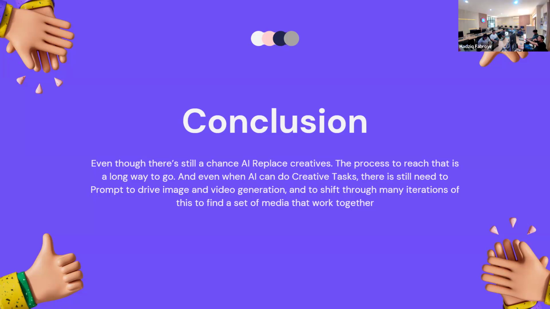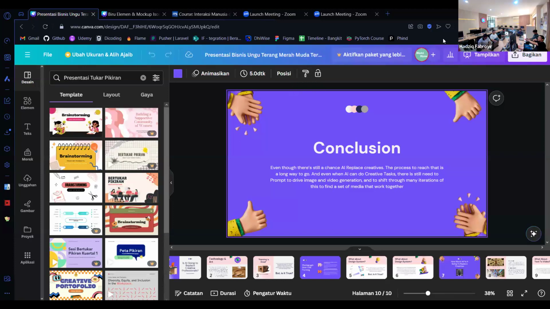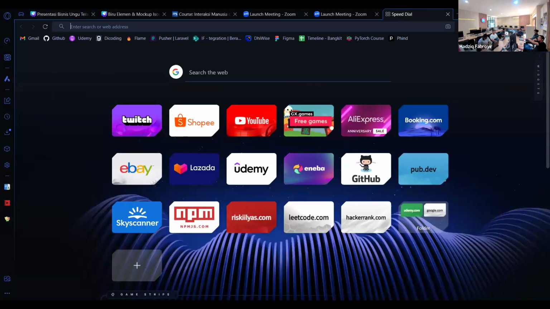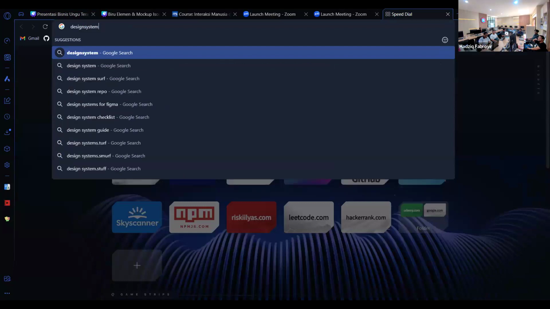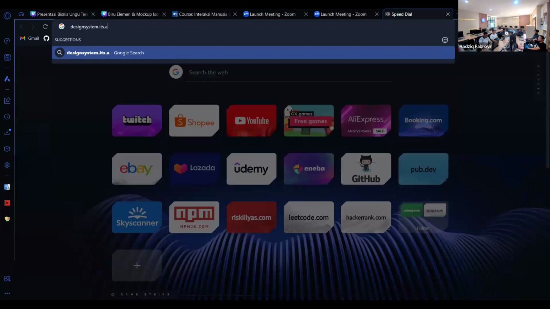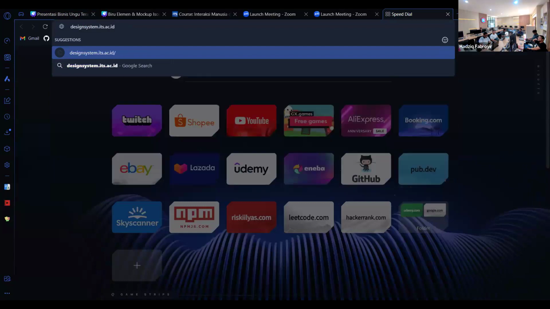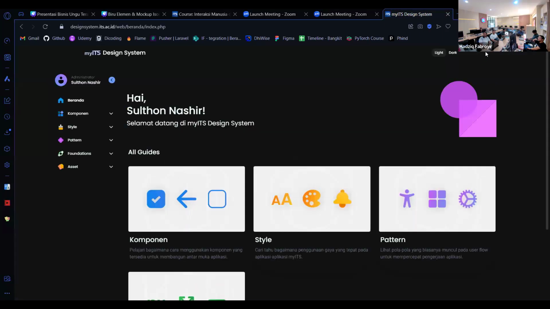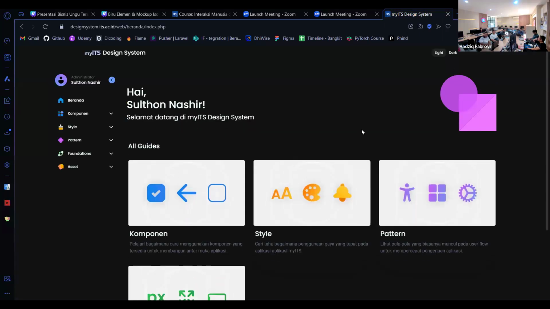If it's possible for you, you may escape from this slideshow, try to open a new tab and then type designsystem.its.ac.id. This is our design system for my ITS.